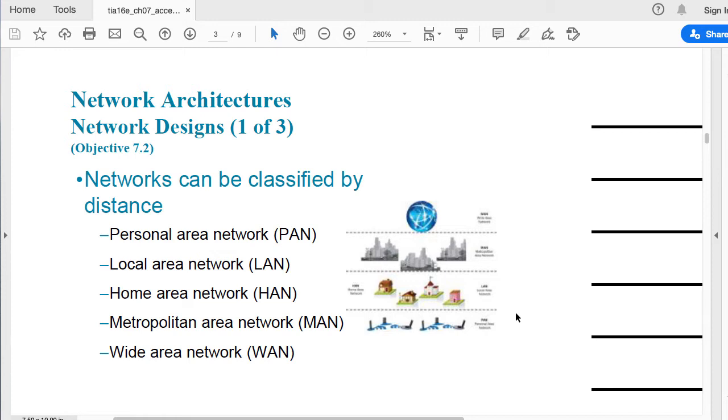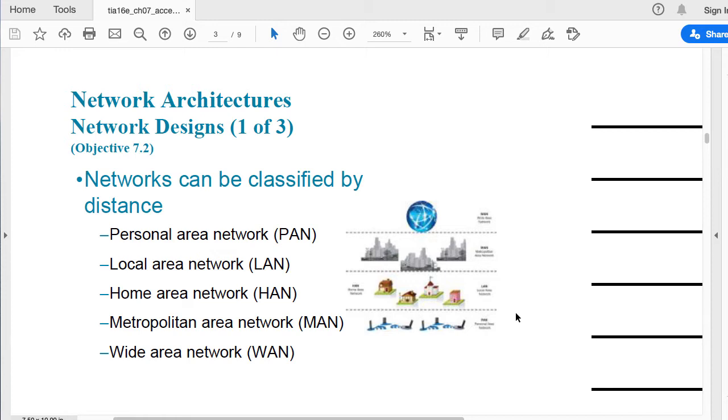Now, back in the day, you would see PAN, LAN, MAN, and WAN. Those were the classifications that you'd see. But computer networks became so common, especially with the rise of so many appliances connecting to the network and the internet, that they also created the concept of a home area network.